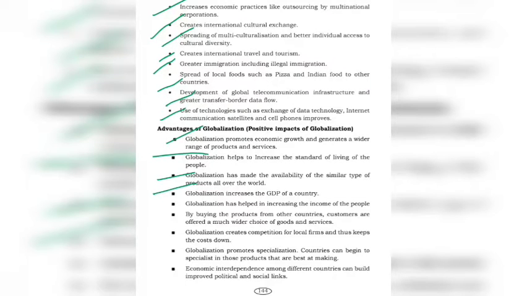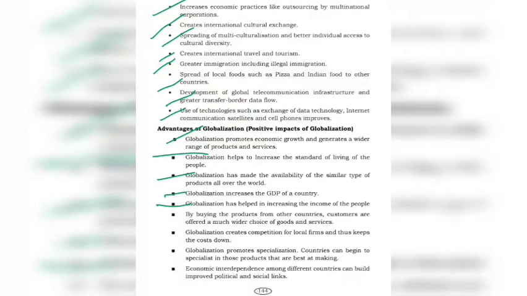Okay, so let's move on. Globalization has helped in increasing the income of the people, as I have told. Because of this globalization, we have started producing more and more products. As we have started producing more products, this requires more and more manpower. More manpower means we have started giving employment to the people. If we have started giving employment to people, they have started earning a good income. So in this way, globalization has helped increase the income of the people also.